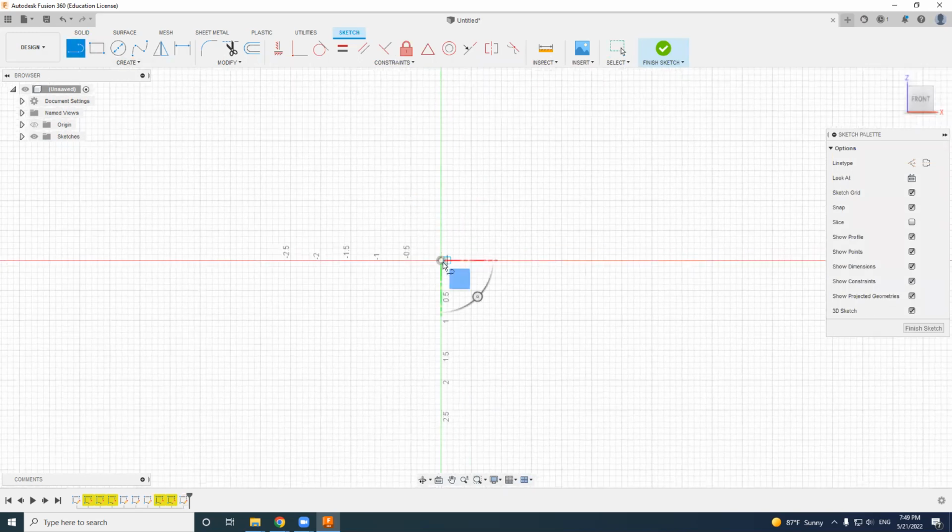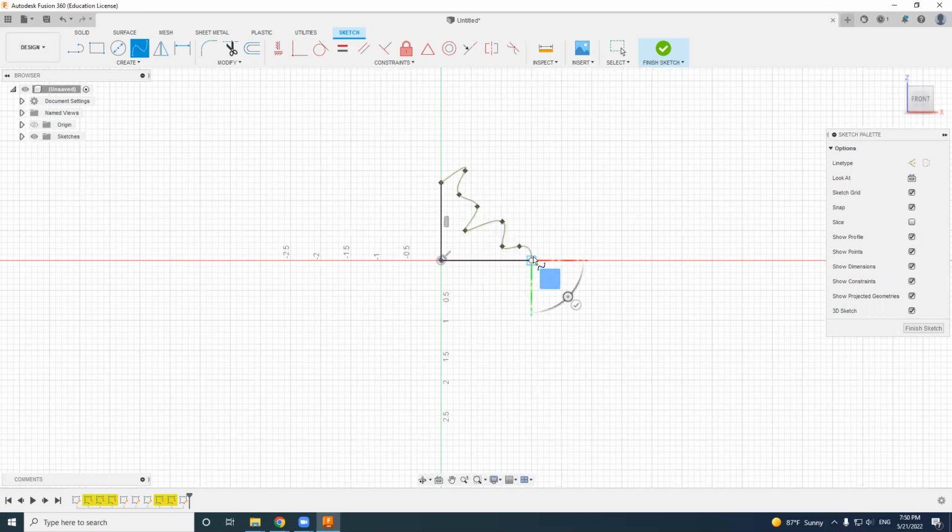Now I want to create a certain profile to revolve. This is one line, and this is another line, and then I'll choose some arcs, right? Like this arc, then maybe go here, maybe go here, whatever shape you want to do,